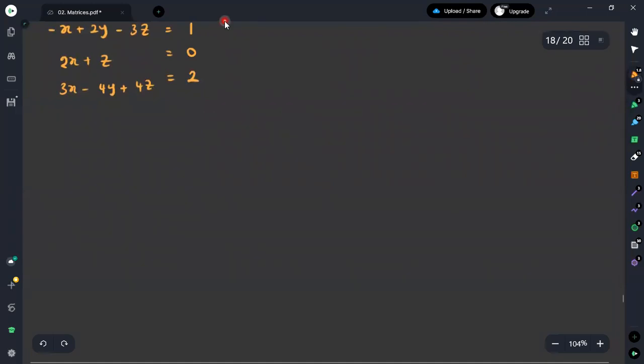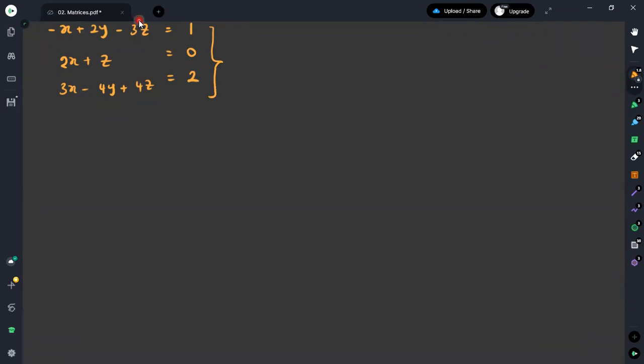Therefore, what you have to do first is align the terms accordingly. Here you can see that all the x terms are aligned in the first column, but in the second column, the y variable is assigned, but there is an additional variable as z. But in the third column, you can see that there are two z variables. Therefore, you can shift it into the third column. And on the right hand side of the equation, you can see that only the constant terms are included. Therefore, you can write the values as minus x, then plus 2 times y, then minus 3z equals 1.